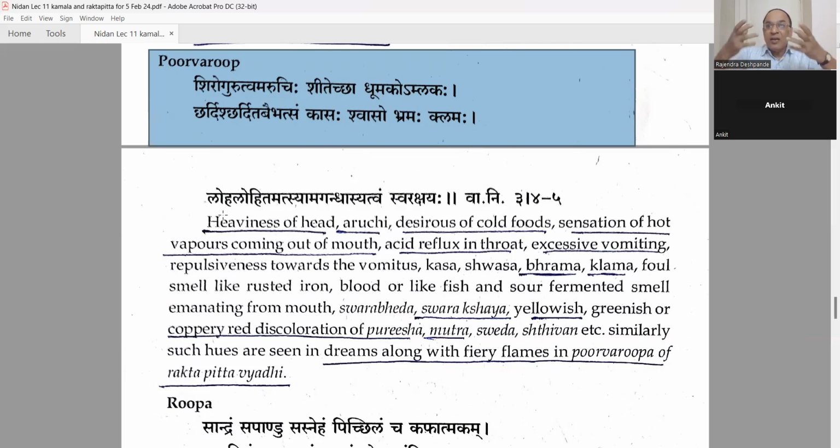Dhumaka, Amlaka, too much water brash. And like vapors are coming from the mouth and the nose and the ears, such a heat will be inside. Chardi will be there, vomiting. Chardi, Vaibhatsya. Whenever you see an ugly thing, you will immediately get vomiting. Kasa, cough, Shwasa, breathlessness, Bhrama, because anemia will also develop. Bhrama, giddiness, and Klama. Klama is tiredness without exercise. Speciality: Klama is not Daurbalya. Klama is different, Daurbalya is different. When you do a lot of physical exertion and then you are tired, that is weakness.